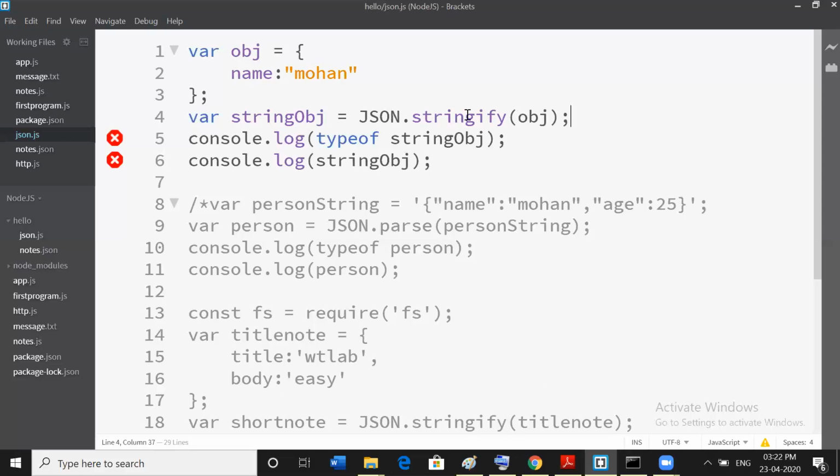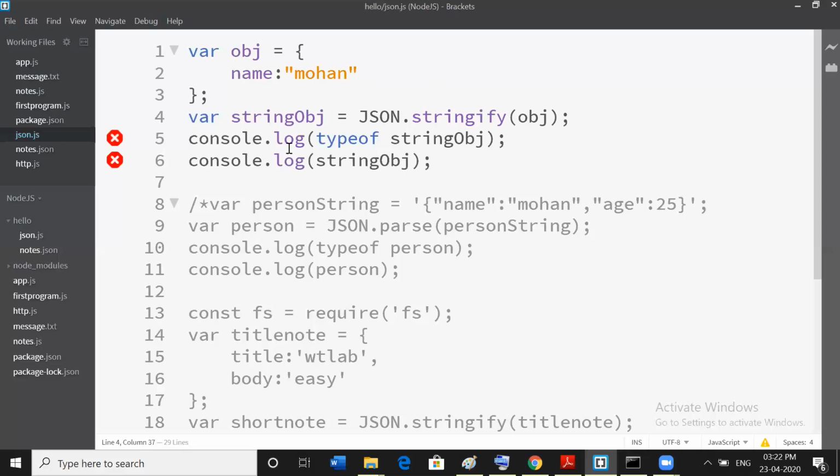What JSON.stringify will do is take the object obj, and whatever information is in it is going to be converted into string format, and that result is going to be saved in the string obj variable.